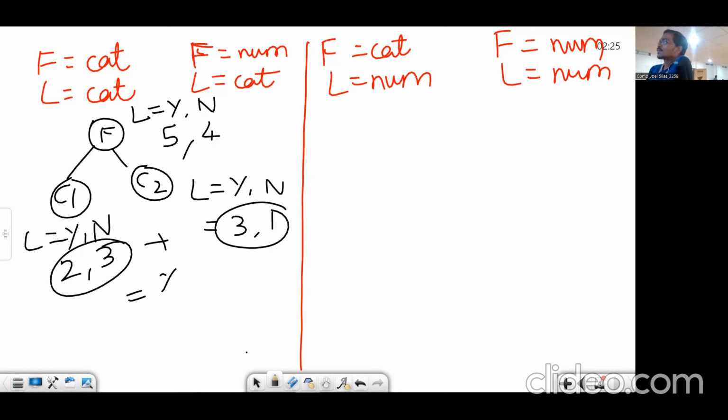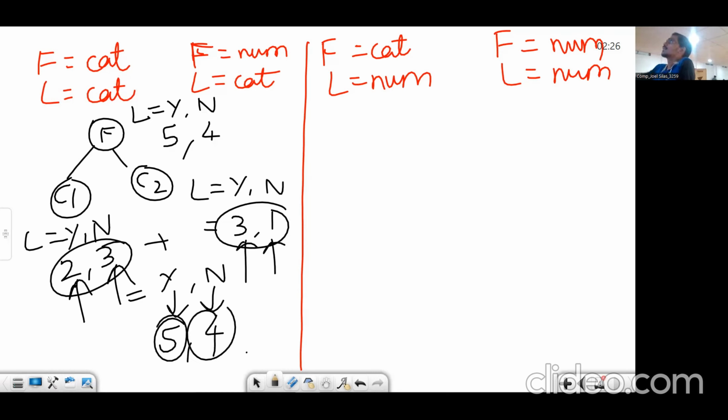Number of yeses comes out to be 2 plus 3, that is 5. Number of no's comes out to be 3 plus 1, that is 4. That means these should be retained. Right? This was when feature and label are categorical. Now,